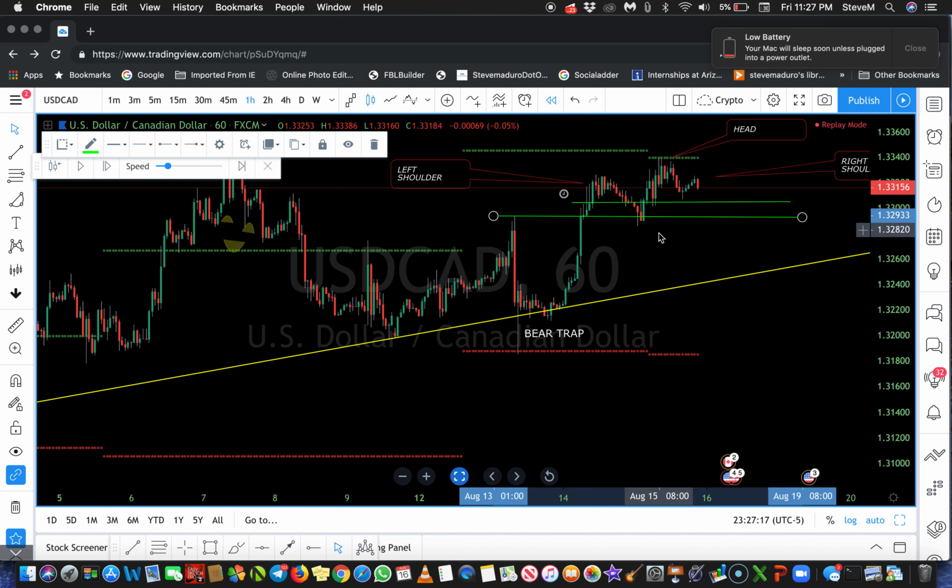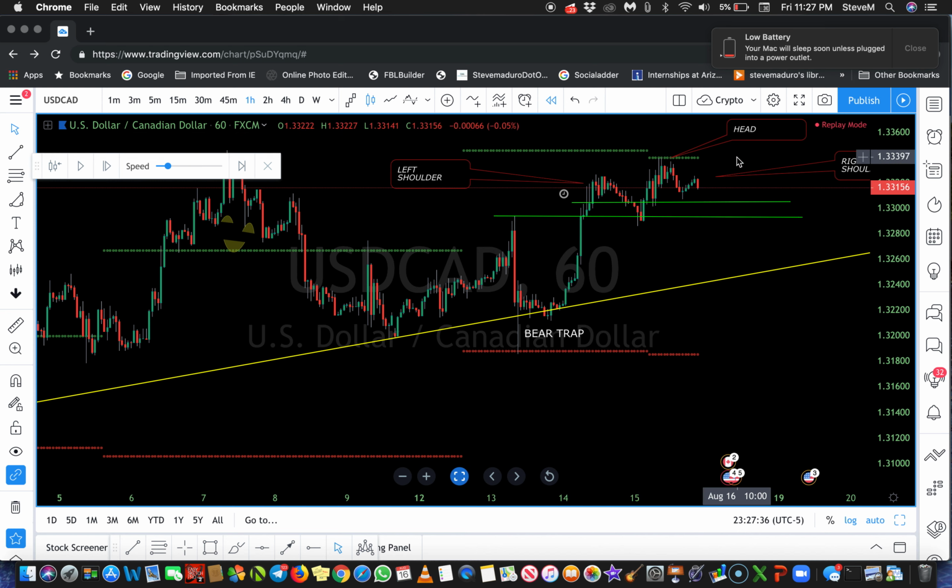I want the same 20 pips, right? You guys listen? I want the same 20 pips. But this time I'm going to triple my lot size because I know that I can get